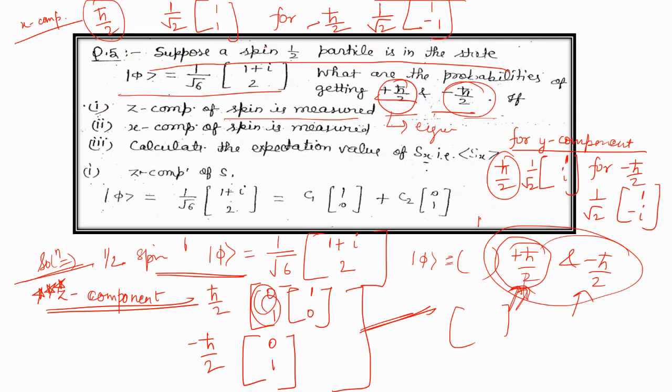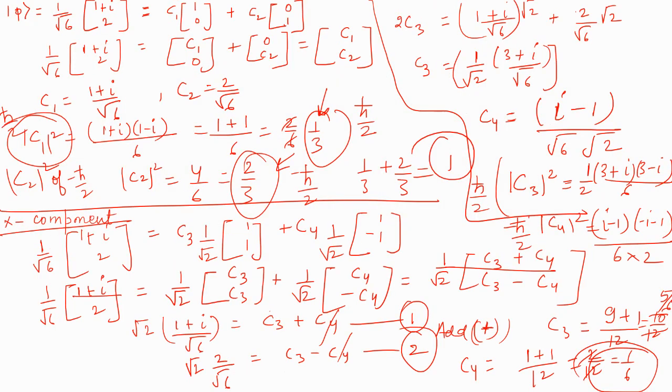Now the last part. Last part, I want you to do this. Calculate the expectation value of Sx. Calculate the expectation value of the spin operator Sx. You all can try this. It is very easy. How to find out the expectation value of